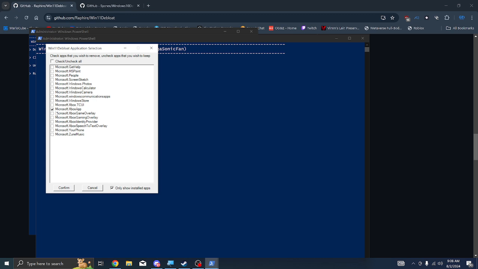And since I already did it, the list is a bit shorter. And as you can see, it's trying to delete the Xbox app, but I actually use the Xbox app, so I'm gonna uncheck that. But once you finish checking and unchecking the ones that you want deleted and the ones that you want to keep,